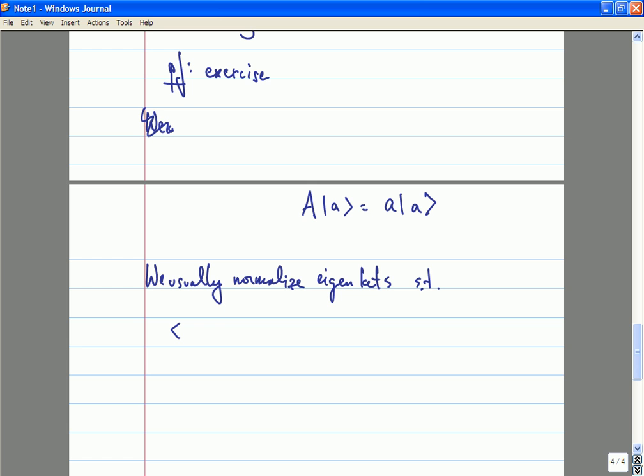But we usually normalize our eigenkets so that the inner product between any two eigenkets is equal to either 1 or 0, depending on whether the two indices are equal. Here I'm using the Kronecker delta symbol, delta NM, which hopefully you guys have seen before. Is that correct? Good. So in this case, any state, psi, can be expanded